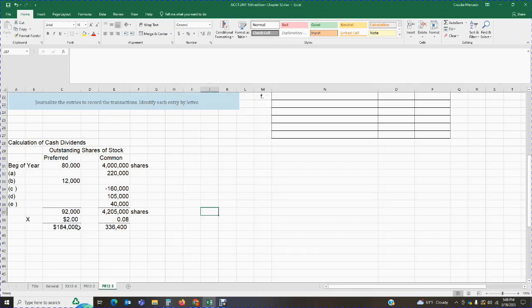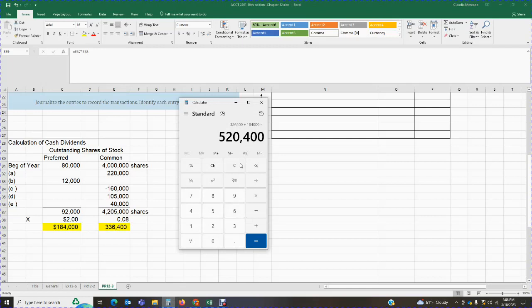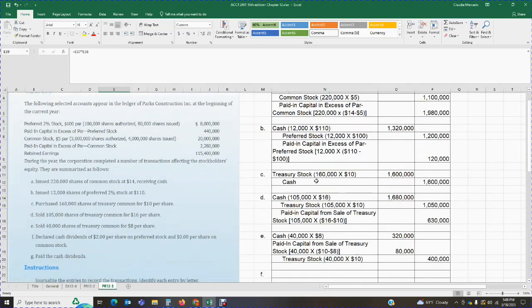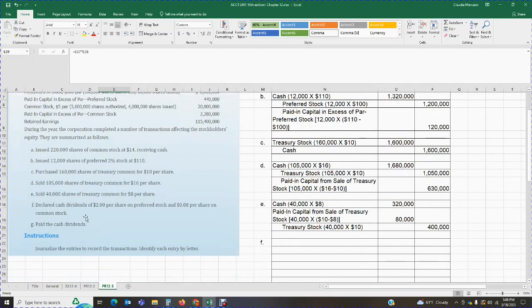520,400. If you have these two, the 184 and the 336, you add them together, that is going to give you the 520,400. 184,000 plus 336,400 is 520,400. Okay? So, in letter F, it says that we are declaring the $2 per share of preferred and the